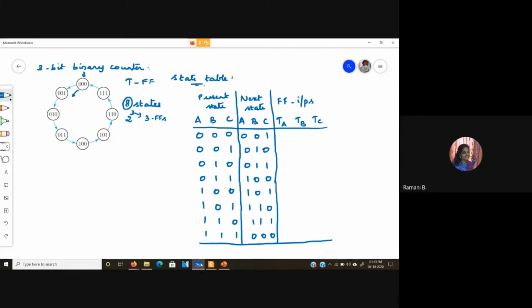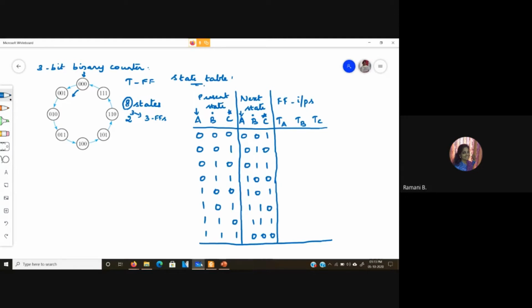Now we have to write the T flip-flop inputs. We know that if the present state and next state values do not change, the T value is going to be 0. So we will compare present state A with next state A, present state B with next state B, and present state C with next state C. Correspondingly, we will fill in the T inputs TA, TB and TC.